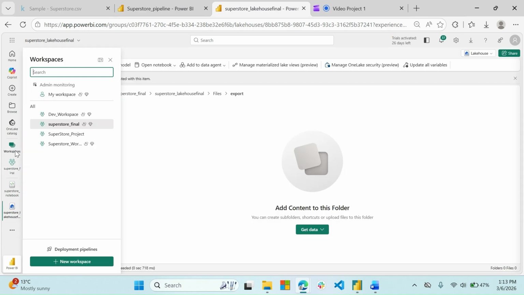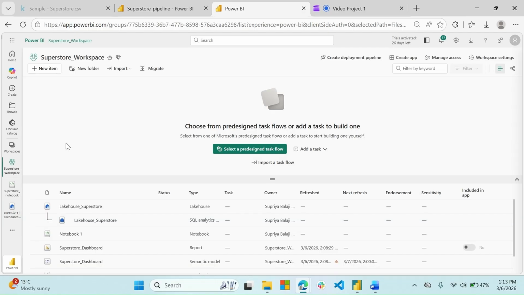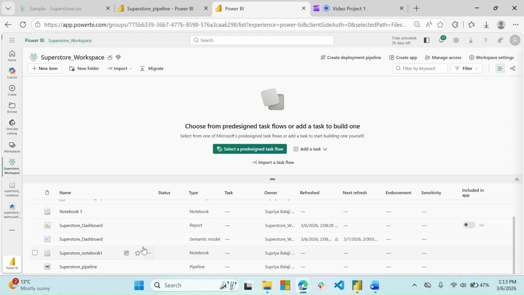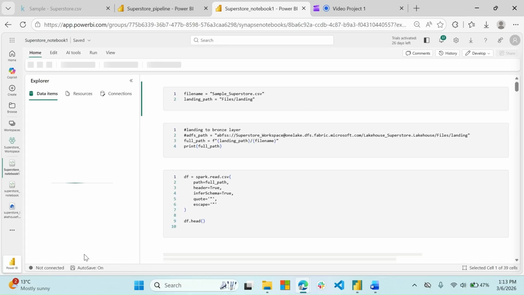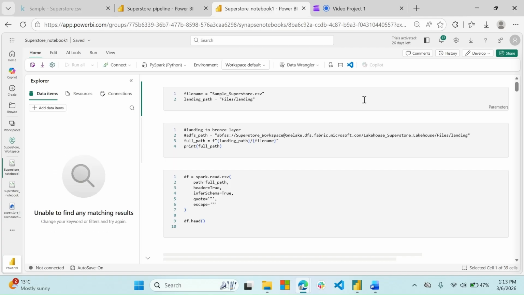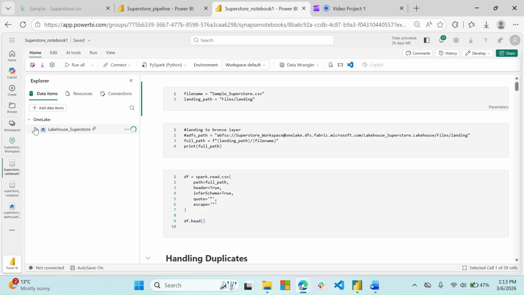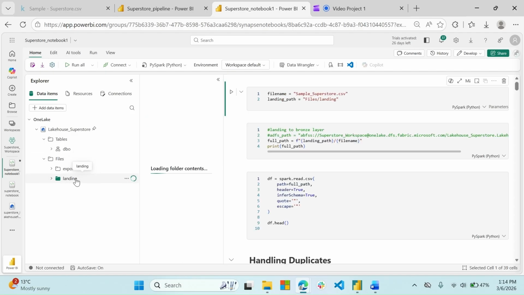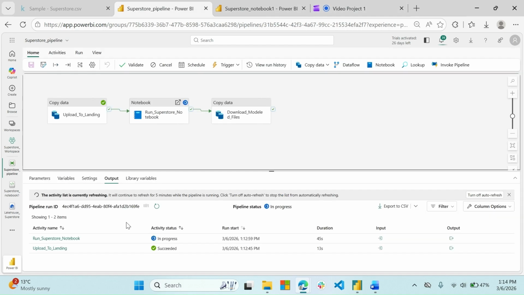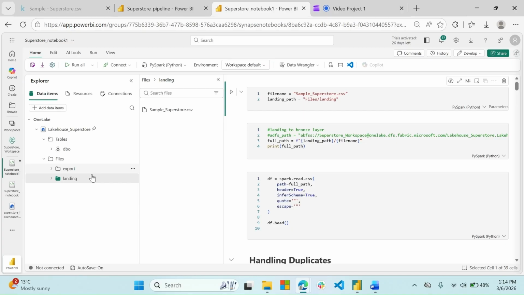I will be going to my previously created workspace, and there I had created this Superstore notebook. So I will just open this notebook. Here you can see I had deleted all the files. Now the landing file will be here because we have already run this pipeline, and the first copy data is successful. In copy data we have copied this file to landing. So here you can see this file, but under export and under tables you would not see anything,